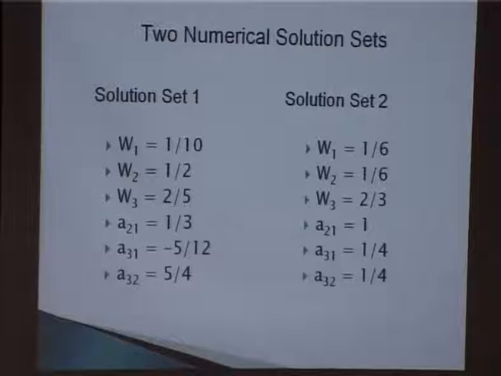The other two sets have been shown here. The one that has been neglected was a21 equal to 2 by 3. In these sets, in one of them a21 is equal to 1 by 3, and in the other one a21 is equal to 1, and these are the solutions that Aditya pointed out.